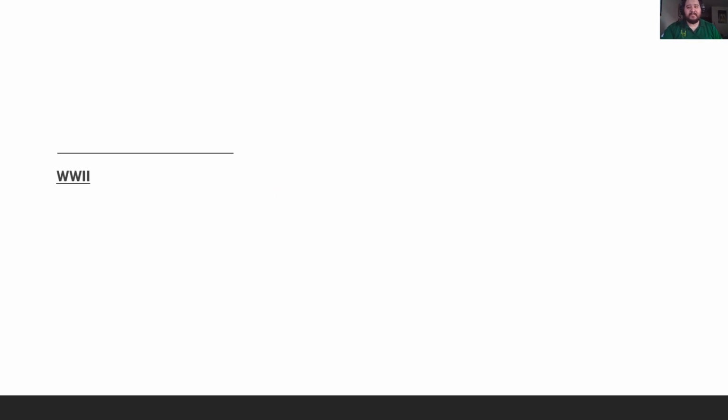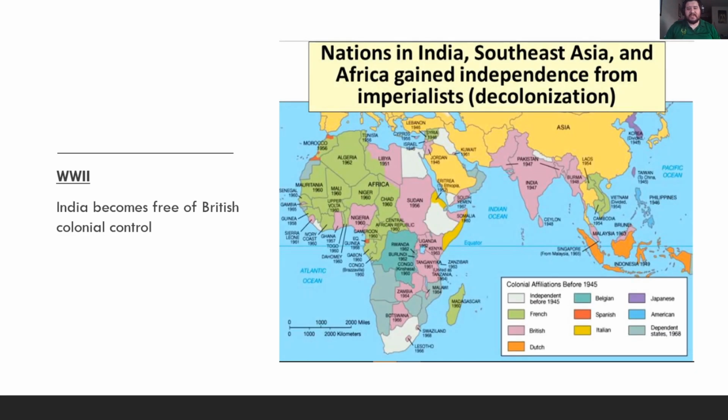After World War II, we see some changes too, especially in regard to this post-Western Hemisphere colonization, right? Because after we see colonization end in the 1800s in Latin America and in North America, for the most part, we see a transition at the end of the 1800s, or the Berlin Conference, where we see colonial rule established in Africa and in Asia.